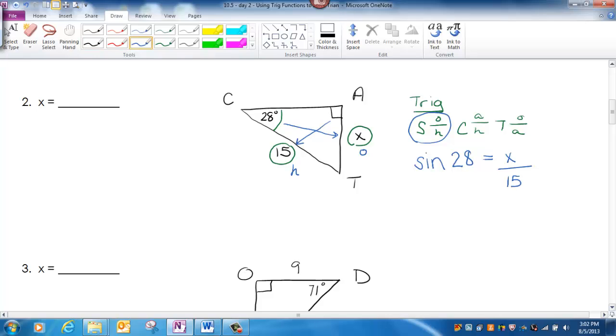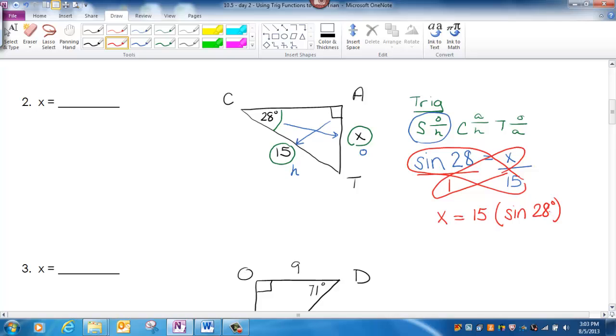Okay, we can move forward with this by putting the sine of 28 degrees over 1, setting up a proportion and cross multiplying. So this would give us x equals 15 times sine of 28 degrees. You can type all of that into your calculator, which we've already discussed how to do, and you get x is approximately